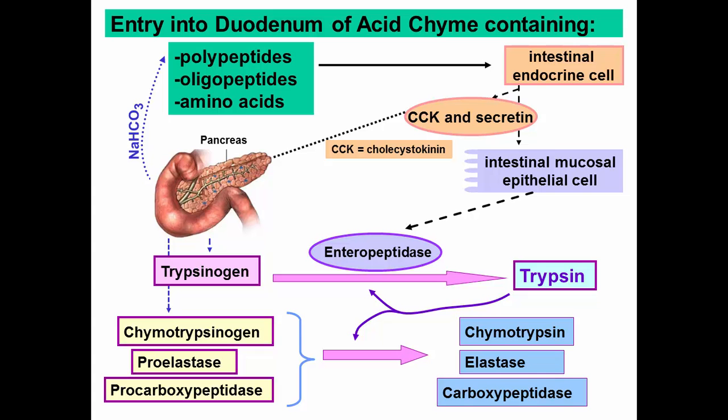Okay, so we've got the bicarb coming from the pancreas. We begin to think about this in MNT anyway. In maybe a week or two, we're going to talk about pancreatic disorders, right? If you think about protein digestion, adequate protein digestion requires a normal functioning stomach, but it's essential that you have a functioning pancreas as well. And if you don't, you've got pancreatic insufficiency, and you're going to have compromised ability to digest protein as well as fat and other nutrients, right? So that's why I go over that.